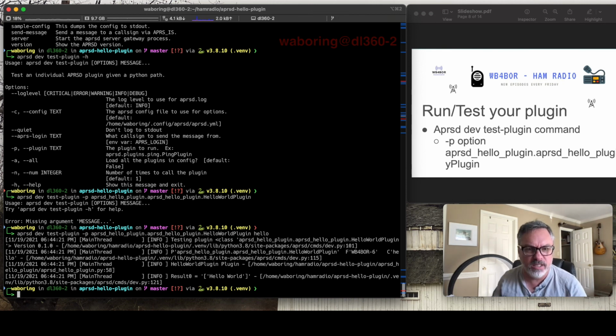All right, so what we see here is the log output of the APRSD dev command looking for the plugin, loading it, creating the plugin object itself, registering it, and then calling it with the message. And you could see that. I gotta sneeze. Hold on. All right, so the log file output